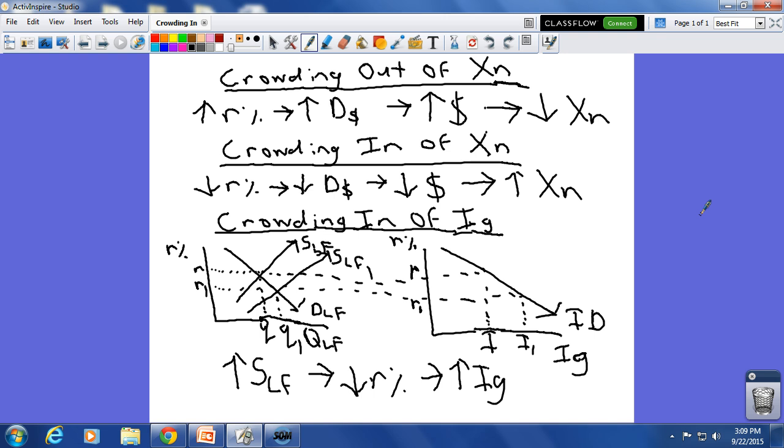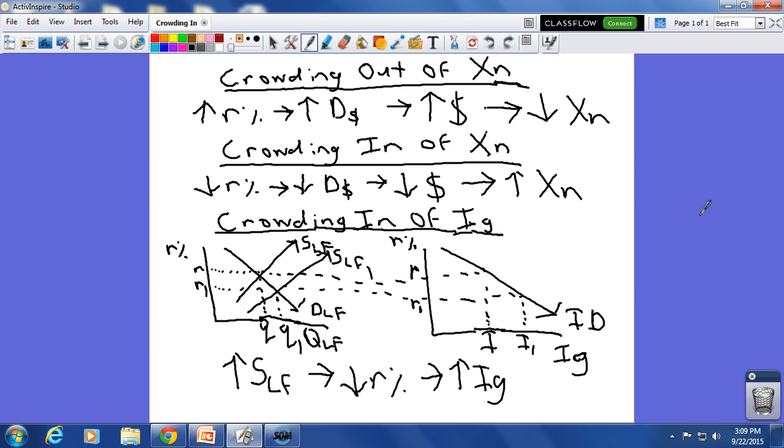Okay, and when we go over from our loanable funds equilibrium, real interest rate of R, to the investment demand and go down, you can see that you now have a level of gross private investment called I. So when the government saves,